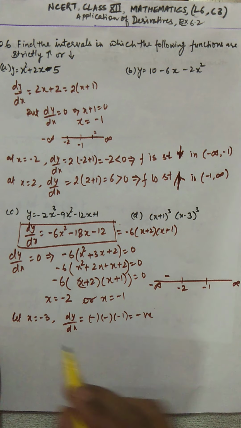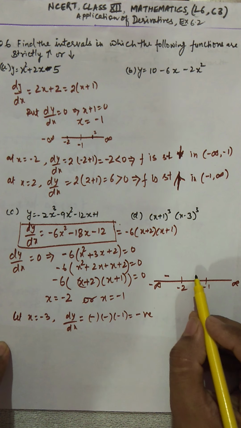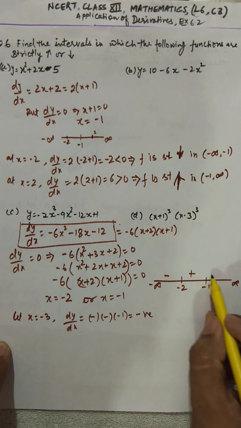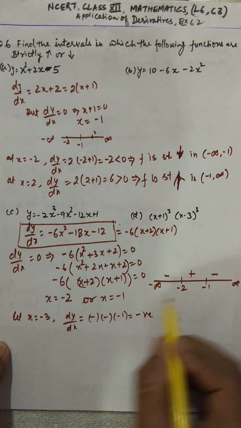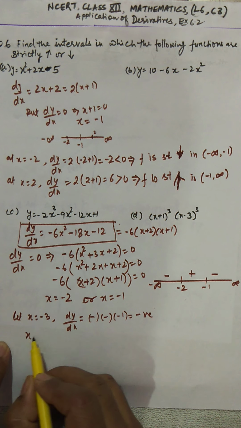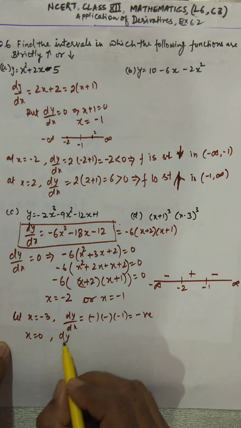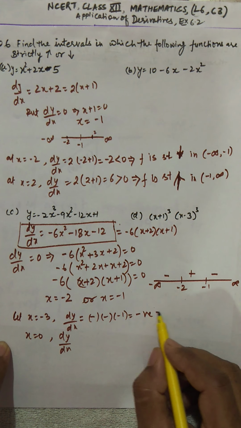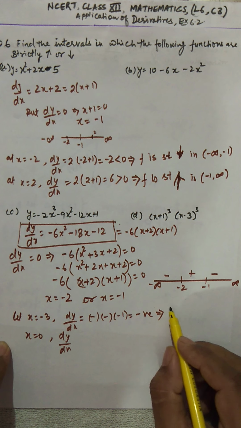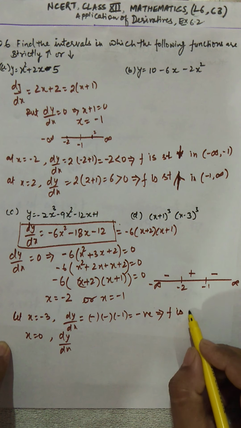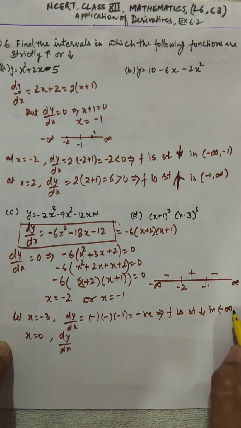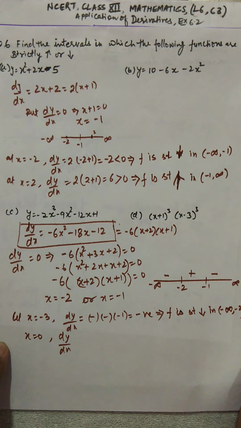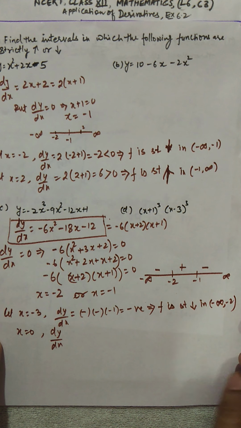You have to show it exactly, and then this is going to be plus, this is going to be minus. This we know according to the zigzag rule. But now we take any value, let's say x equal to 0. Your dy by dx, from here, if it is negative, we can say that f is strictly decreasing in -infinity to -2. So this is the first thing that we have got.